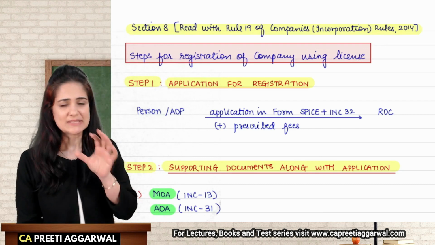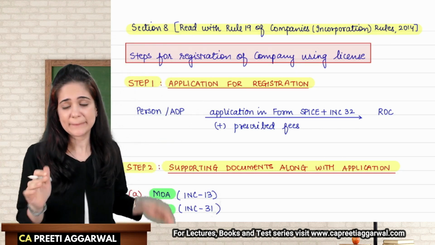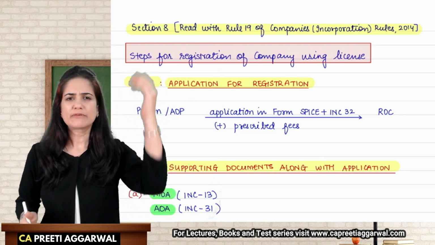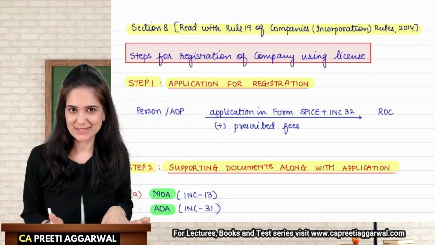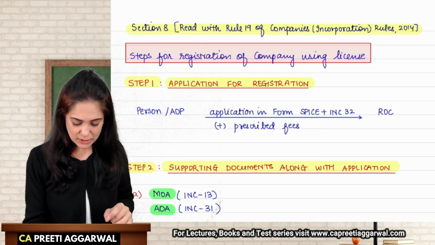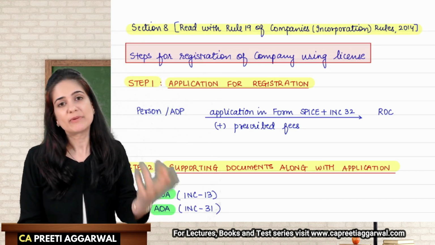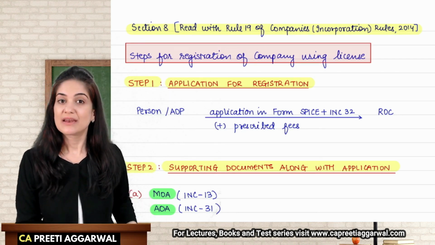See, a Section 8 company is entitled to many privileges that we discussed. Now you cannot say, from tomorrow I will function as a Section 8 company, give me all the privileges. That is not the case. You need to first apply to the central government. They will give the permission in the form of a license. That is why these companies are also known as licensed companies.